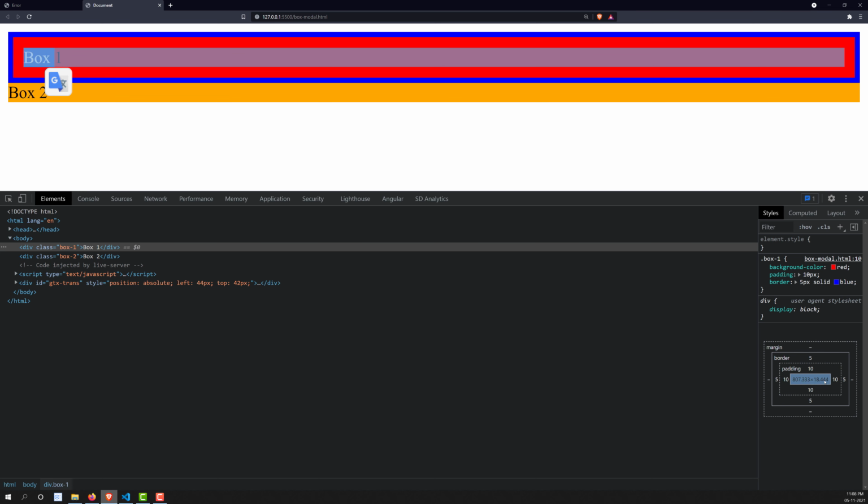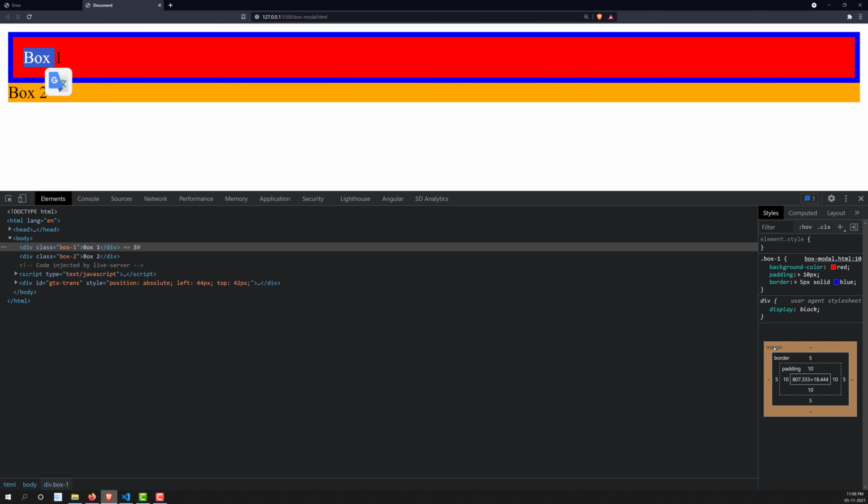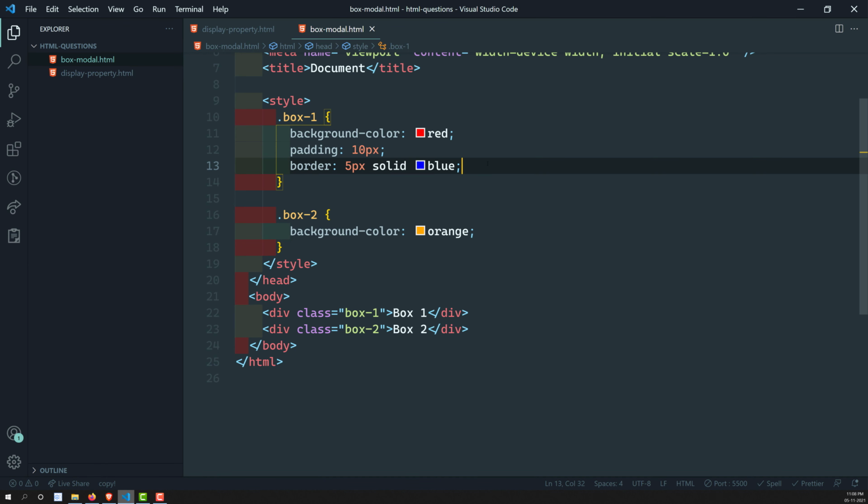If you try to see here in the box model, you will be able to see that the content is occupying the area of this one, and the padding is 10 pixel and the border is 5 pixel, you will be able to see. And the last one is the margin. So now let's try to apply the margin. I am applying the margin of